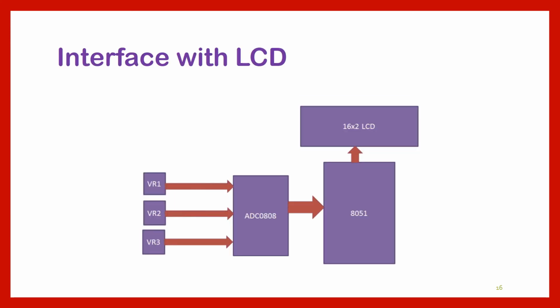Then if we want to interface the ADC conventionally with a microcontroller, people prefer an LCD so as to observe the converted output. So that's why I have shown a small diagram where VR1, VR2, VR3, these are the 3 inputs we are taking to the ADC, instead of ABC and reference voltage. In terms of reference voltage I am speaking. So I have shown here VR1, VR2, VR3, and appropriately there will be connection between the ADC and 8051, and then it is given to the LCD if you want to observe the respective output. So that is available.